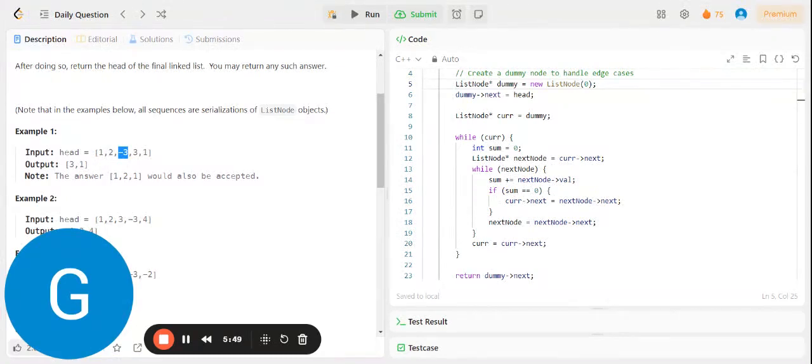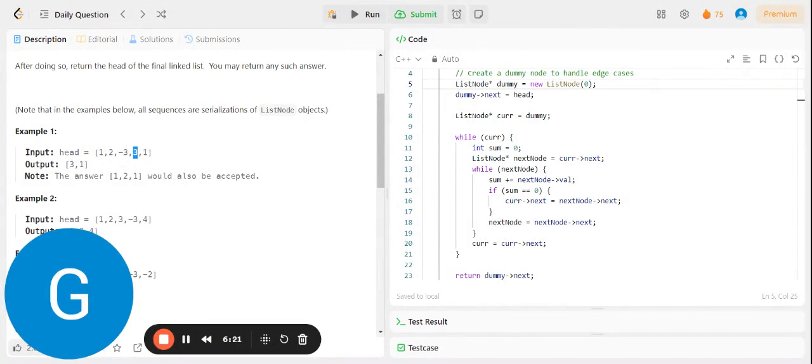Then we have to actually remove this set of values. For that, before we have current is here, and now the next node is at this position, it's pointed towards the minus 3. As we have to delete this 1 2 and minus 3, we have to keep this pointing node to the current node. As current node next will become this